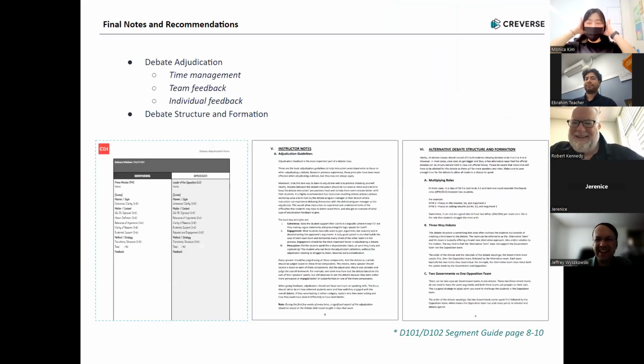So this is going to be very similar to what I said when I was going over this handout here. But I do believe one of the most important things we have to make sure we do as a debate instructor is to give very meaningful debate adjudication feedback. Number one, if you always end up running out of time at the end, and they all have to run away home because of the shuttle bus and whatever,